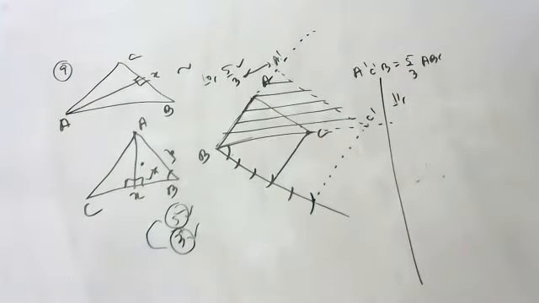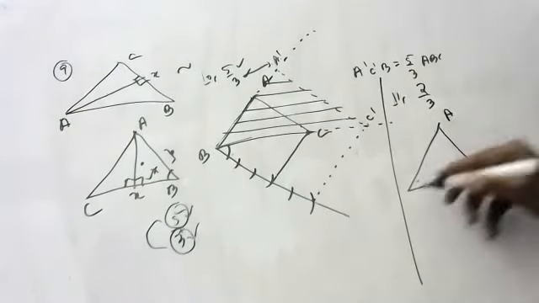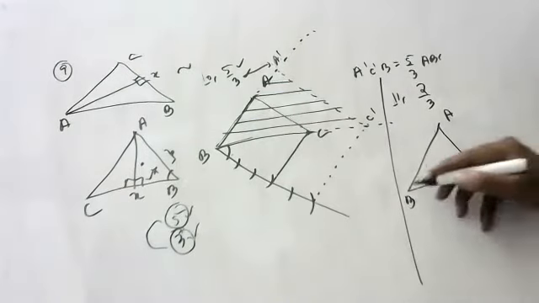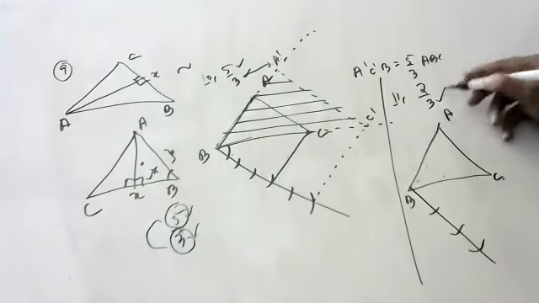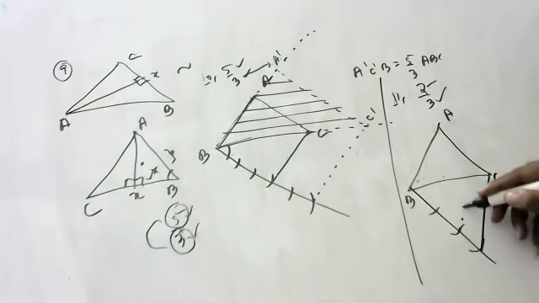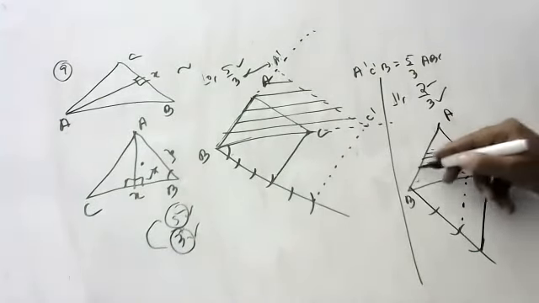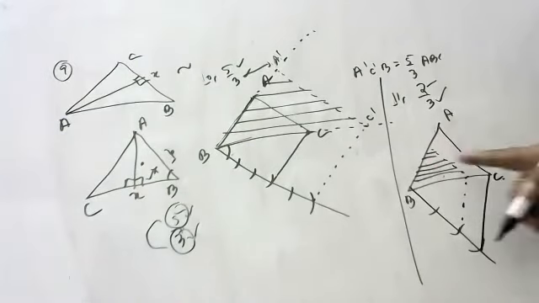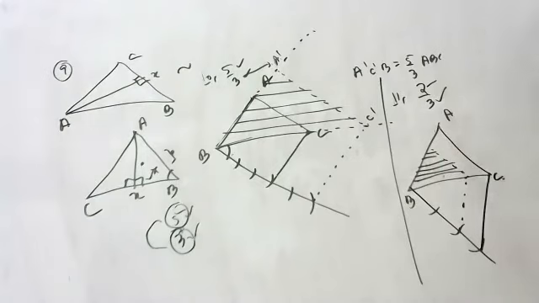11th question. Construct a triangle two-thirds of the triangle, children. Two-third, which is the big number? 3. So divide into 3 equal arcs. Denominator to the tip. Numerator is for the parallel line. Again, for this you draw a parallel line. This is the required triangle. This triangle is two-thirds of the original triangle.